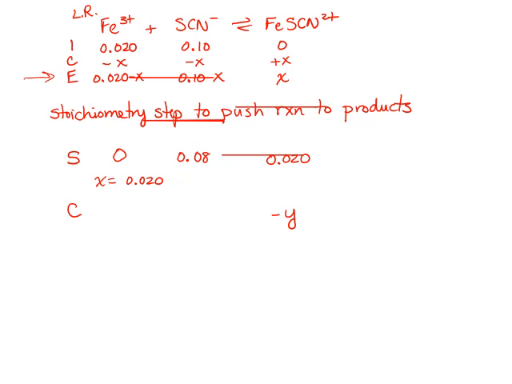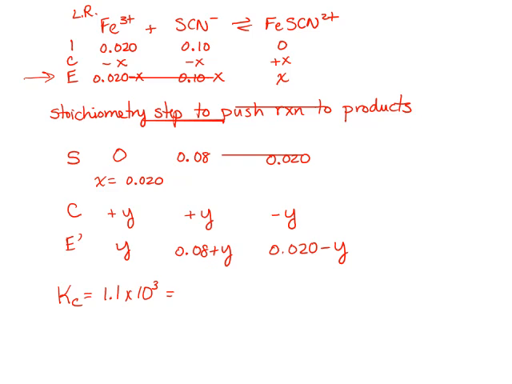I'm going to call it Y this time to distinguish from our previous table. So the product will lose Y, and each of the reactants will now be gaining Y. Again, they all had a 1-to-1 ratio in the balanced chemical equation. So we have a new equilibrium equation. We have Y as our value for the iron 3 plus, 0.08 plus Y for the thiocyanate ion, and 0.02 minus Y for the product iron thiocyanate. We can put these expressions into our Kc value, products over reactants,